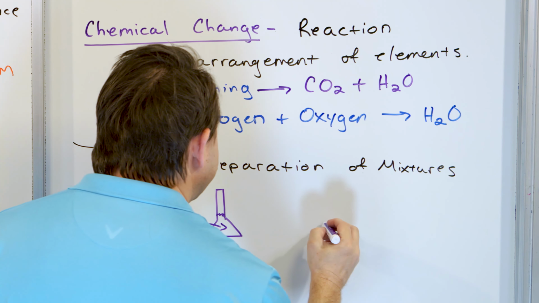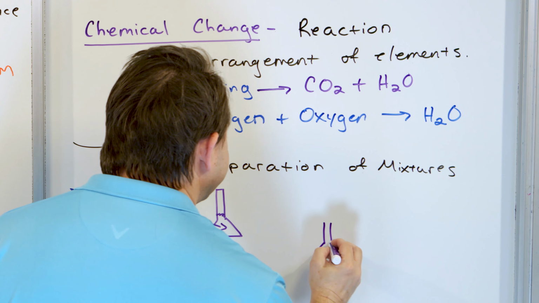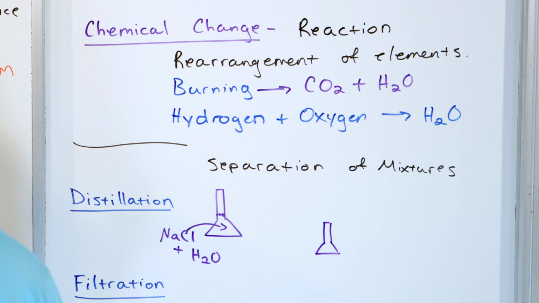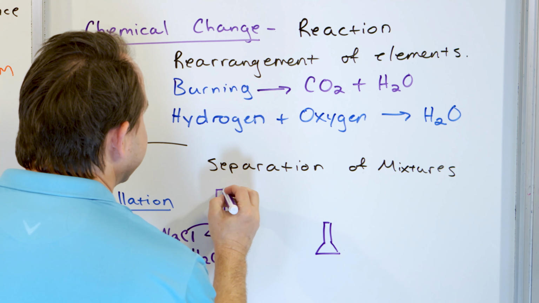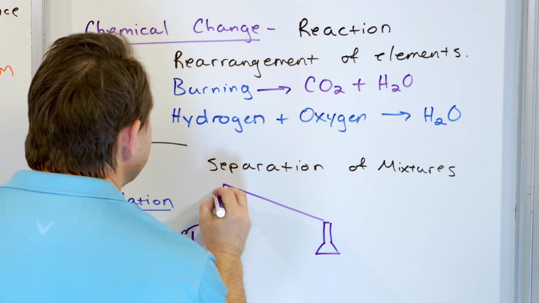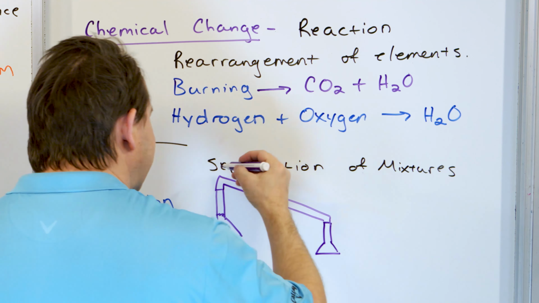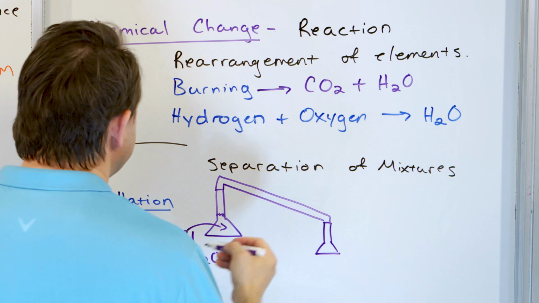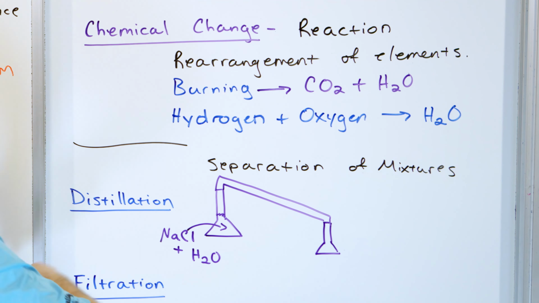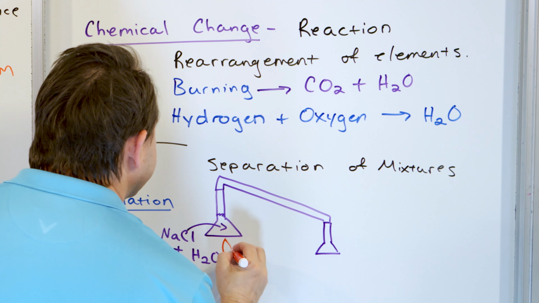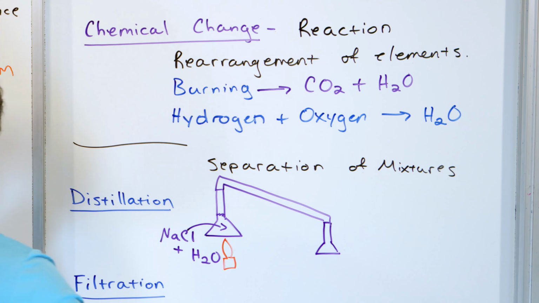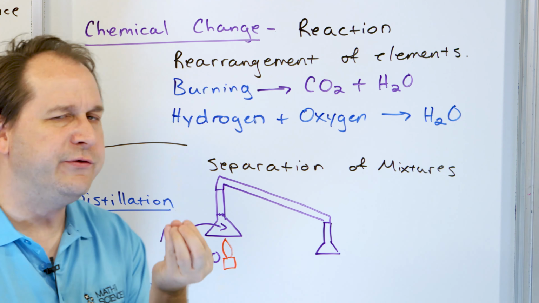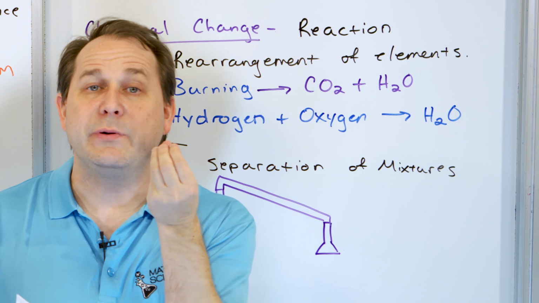And what you can do is you can have another flask that's a little bit physically lower over here. And you can connect these together by a tube, and sometimes the tube has the curly, you see on TV sometimes, like the mad scientists, the little curly tube there. And what you can do is you can put a flame under this and heat it up. So that's why I didn't write a definition here. Distillation is when you take a solution and you heat it up.